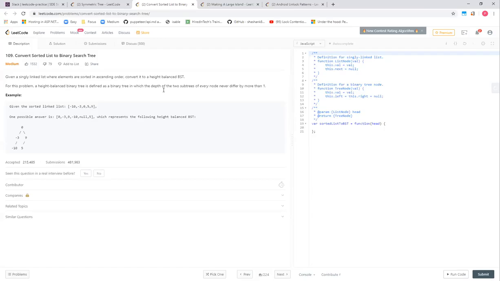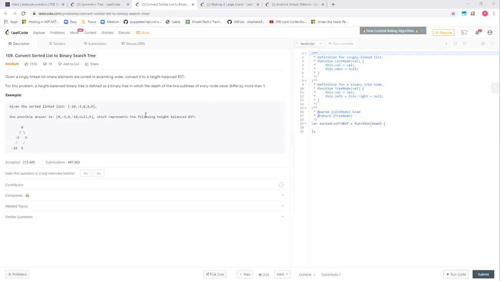I guess we can use an array also and just store the elements in an array, and then the time complexity would be big O of n as we are visiting each element once. Okay. So the space complexity would be big O of n, and time complexity also would be big O of n. Right. So that's if you convert it into an array, right? Yes. And by indexing, we'll be going to the middle element, we'll be doing it recursively, I guess.